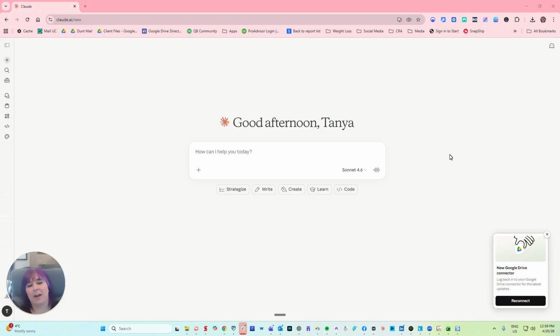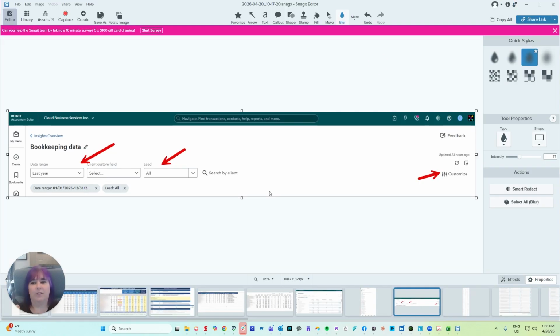So this week we're diving into some changes that Intuit or QuickBooks Online has made on the accountant side of things, and how that and Claude have just made my life a little easier. I've taken screenshots of all of this just to make sure that all client identifying information is blurred out. First thing I did, I logged into our new Intuit Accountant